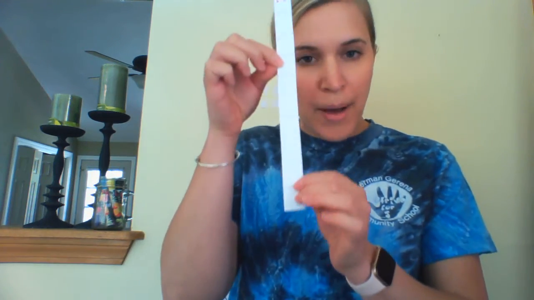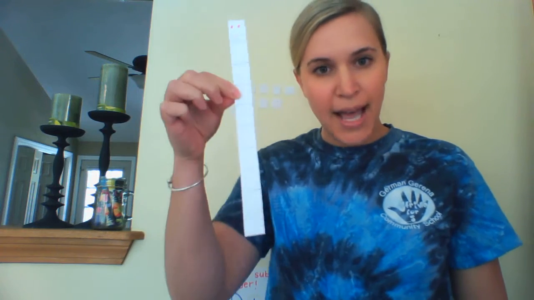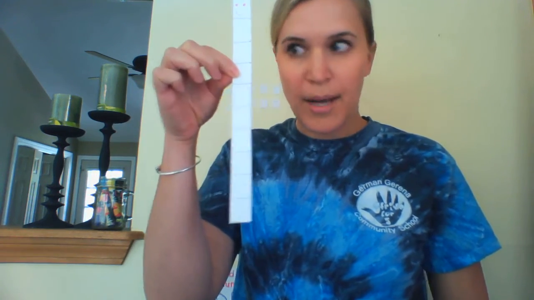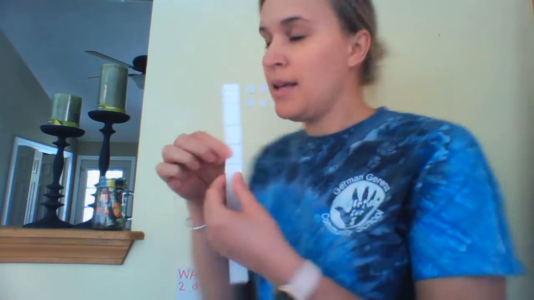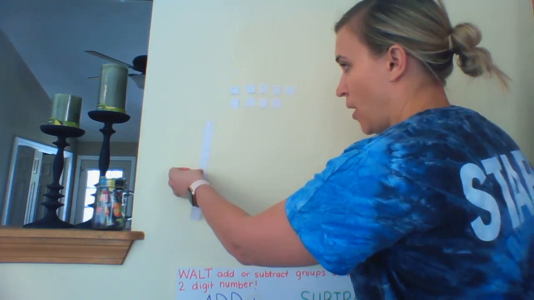Our cubers are then a group of 10. See, we have our 10 sticks here. So when we have groups of 10, we don't count by one. That would take a long time. Instead, we know this is 10, so we can count each of our groups of 10 together by 10. So this is one group of 10,